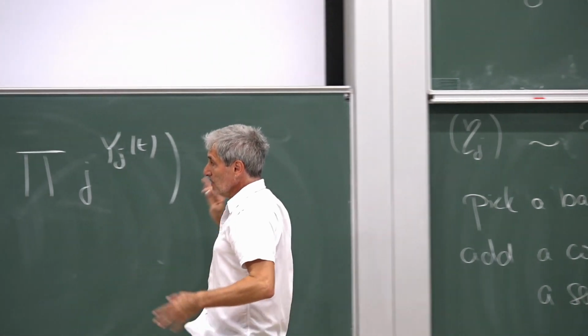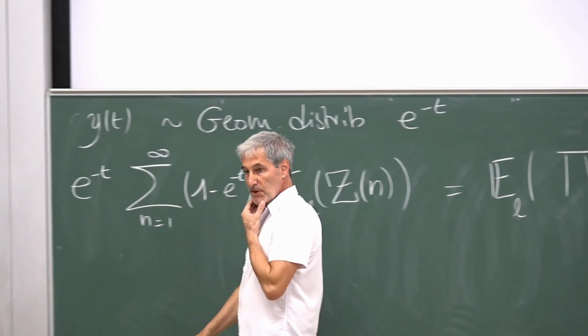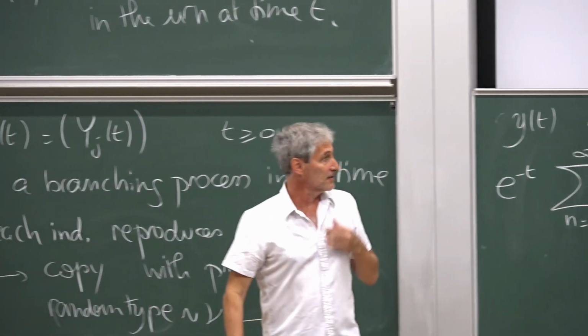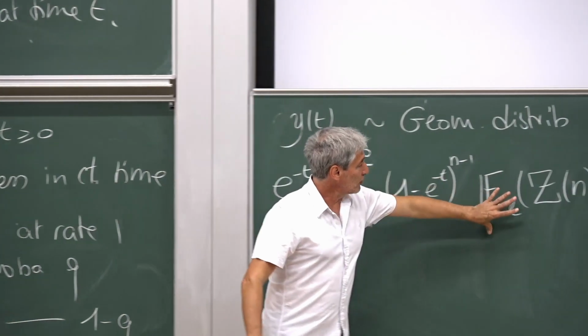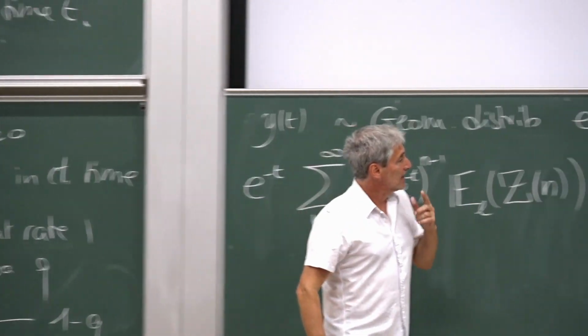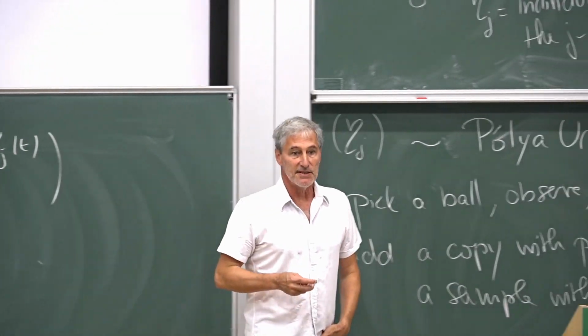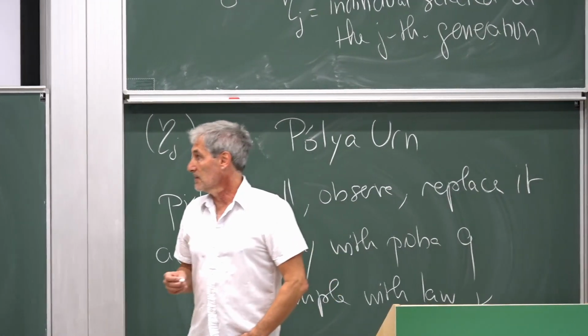So it seems that you are making things a bit more complicated because now you are working with generating functions instead of the quantity you are interested in. But the nice thing is that you have now tools from stochastic analysis to analyze the right-hand side. And